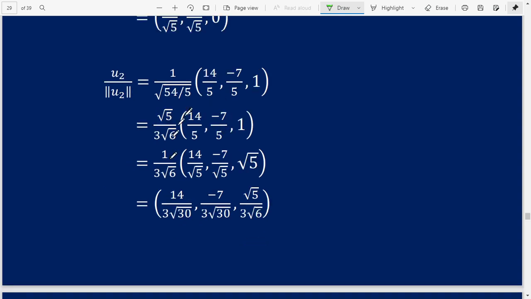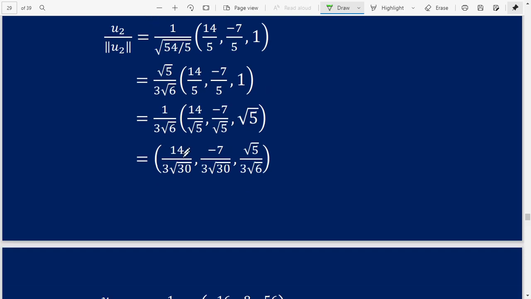Simplifying this, we get the value 14 upon 3 into under root 30 comma minus 7 upon 3 under root 30 and minus under root 5 upon 3 under root 6,